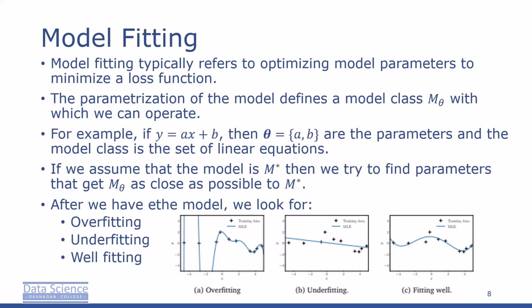The third case is when the parameterized model class is about right. Then our model fits well. It neither overfits nor underfits. This means our model class is just rich enough to describe the dataset we're given. The right panel in the diagram shows a model that fits the given dataset fairly well. Ideally, this is the model class we would want to work with since it has good generalization properties. In our next video, we're going to talk a little bit more about probabilistic modeling and